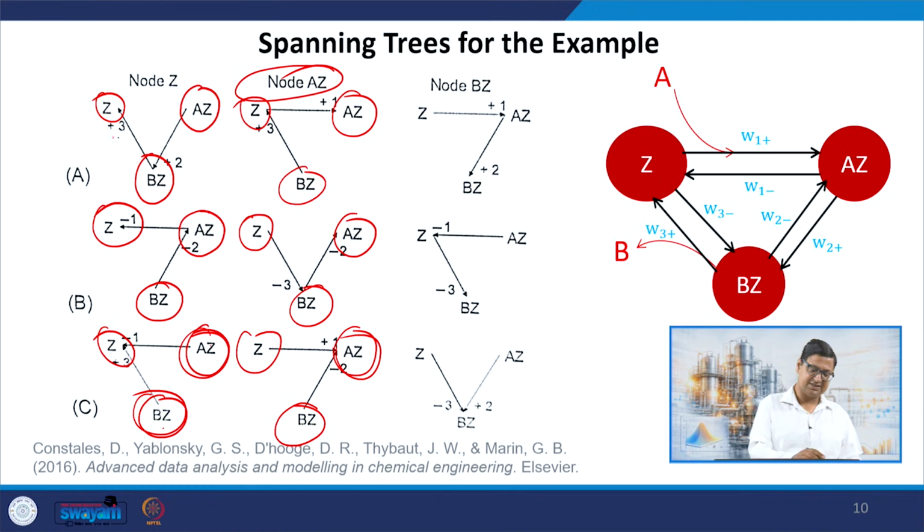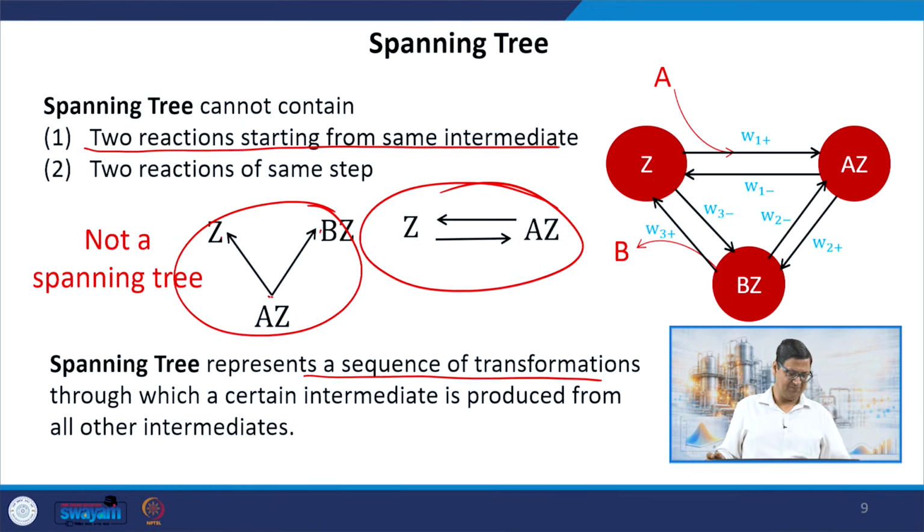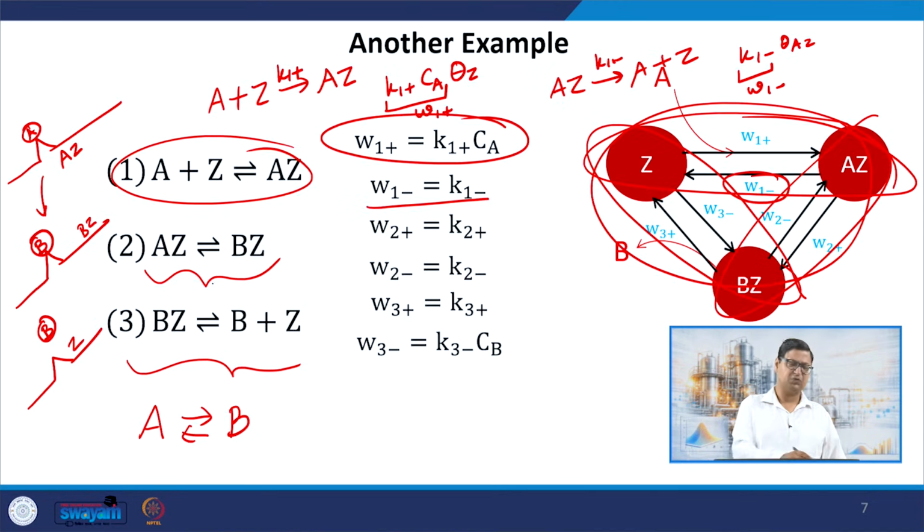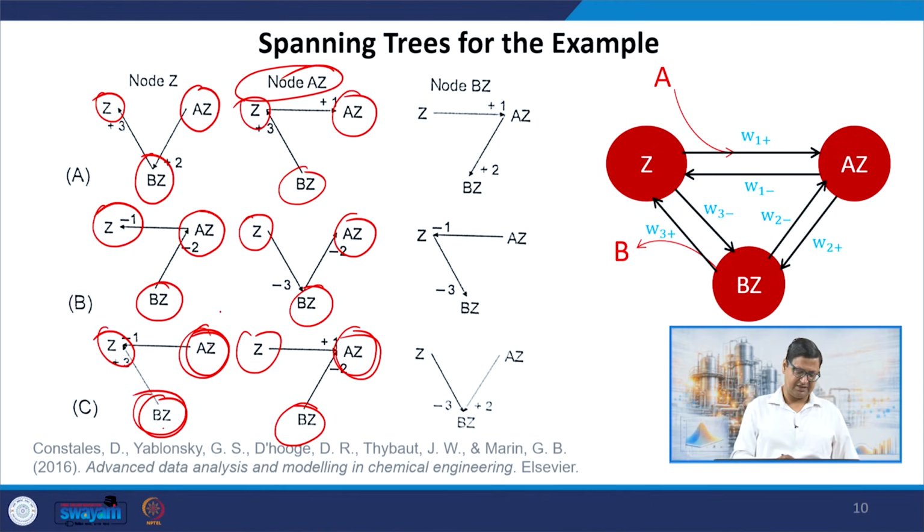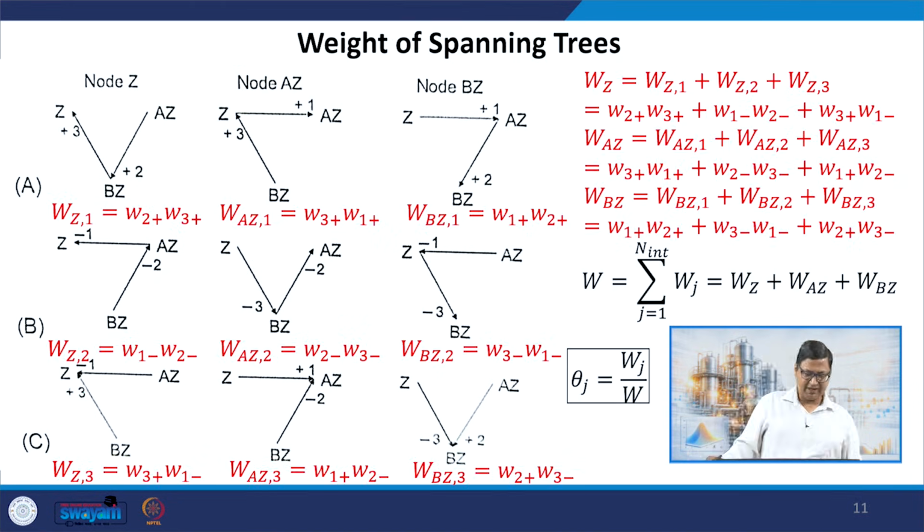And these numberings basically indicate the reaction number that we have. So we had 3 reactions, 1, 2, 3. Plus represents the forward reaction and minus represents the backward reaction. And now we can see that I can basically look at the net weight that we are getting from all